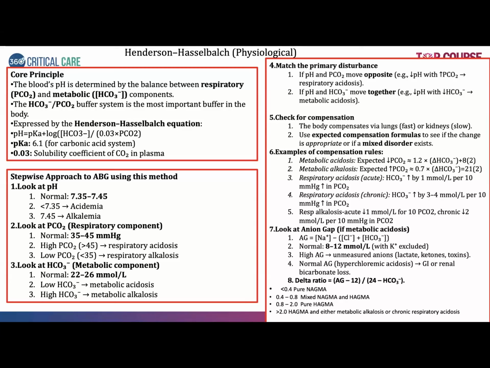For respiratory acidosis, acute setting, it is going to be 1, and for chronic, it's going to be 3. For alkalosis, acute setting 2, and for chronic alkalosis, it's going to be 3. So based on that, you can add to your bicarbonate and compare it with your patient's bicarbonate, and you will be able to know whether there is a mixed acid-base disorder.